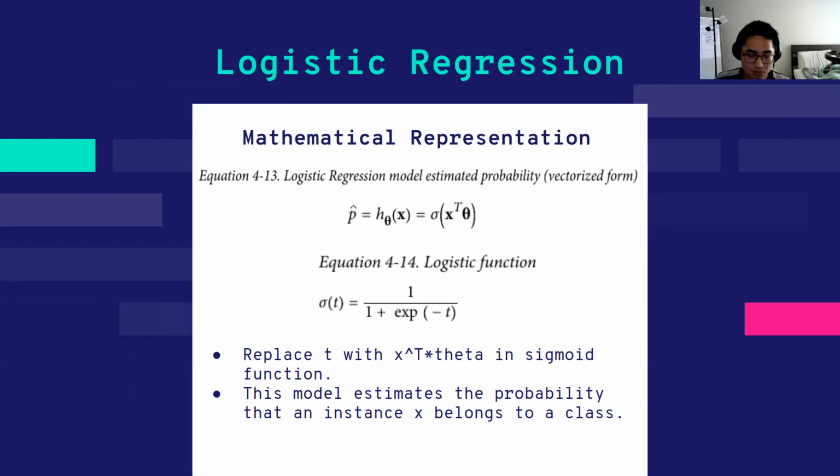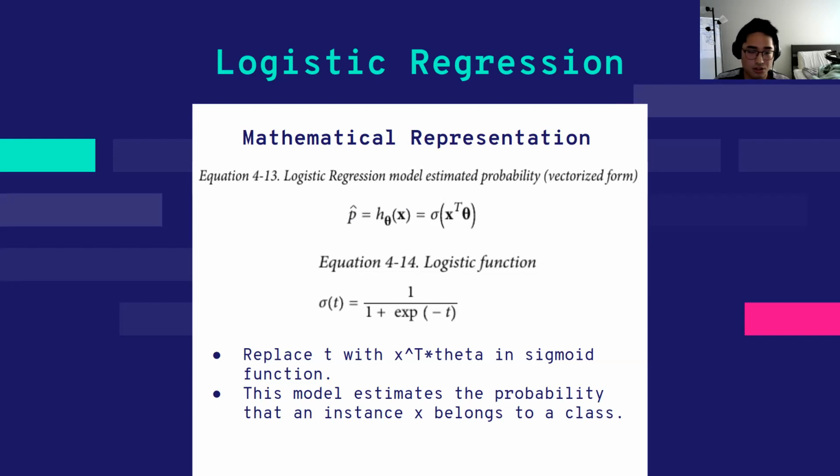And of course, if the math is too complicated, you can always stop me and ask questions for more clarification. But pretty much your logistic regression model is going to have this form where p hat, the p with the arrow on top, represents the predicted value. Once you feed your data set to a logistic regression model, it'll output an estimated probability. And the sigma that you see right here is what we call the logistic function, which is represented in equation 4-14.